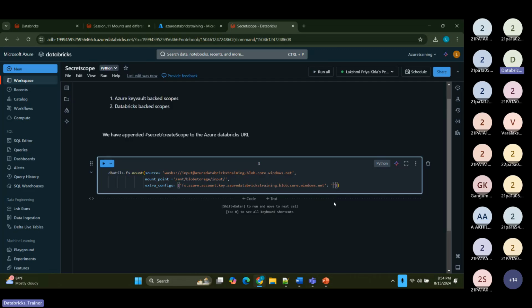Now that you are into this one, see, this is a little bit tricky part, I will not say completely tricky, but a little bit tricky now. See, before you have given an access key and you have given a SAS token, but now you need to take the value of the secret which is residing on key vault. For that, what you can do is